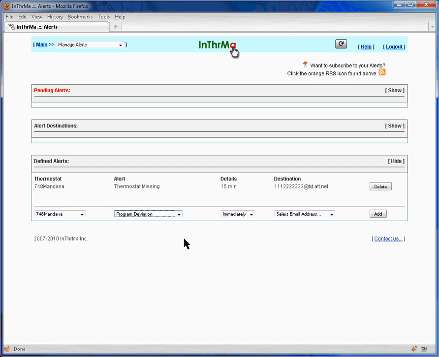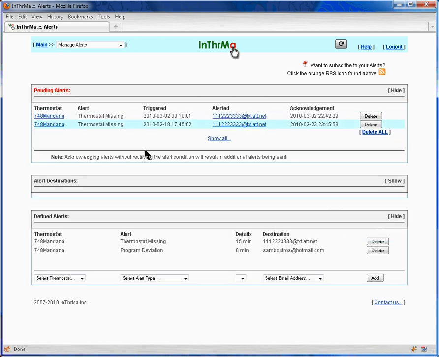And what the program deviation is, if somebody walks up to the thermostat or somebody goes to the web console and changes the temperature, you will then be alerted at the email address that you choose. So in this case you can put a delay on that. Let's just do it immediately for this one. And let's pick an email address in this case. So I'm going to pick my email address and I'm going to hit add. So there it is. You see down here the second alert, thermostat, it's a program deviation. Do it immediately, 0 minutes after it happens, and send it to this email address. Let's add